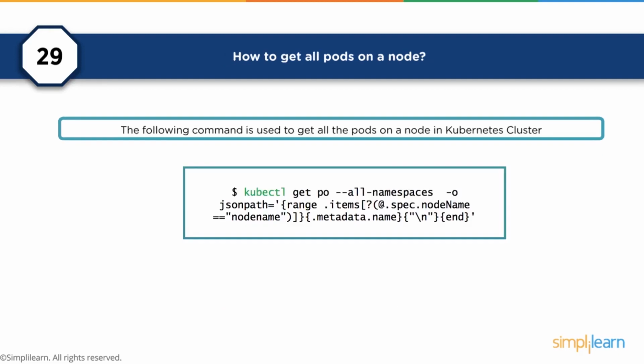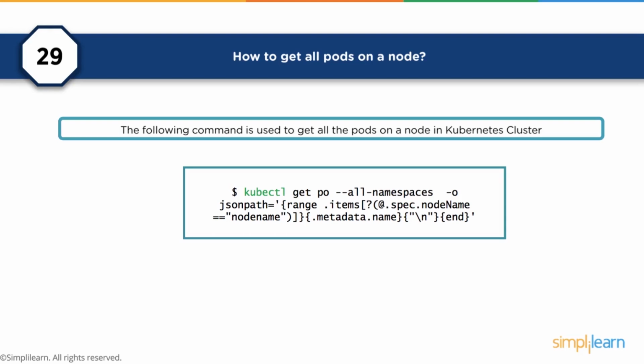How would you get all pods on a node? And so the following command will actually go ahead and bring all the pods into a Kubernetes cluster. This is quite lengthy, and maybe you want to talk to how this would be done. But we have the instructions on how to do that right here. The important part is to make sure that, when you're talking about the node name, you reference to whoever you're interviewing what you would switch out to reference the actual nodes that you're trying to pull together into the Kubernetes cluster.